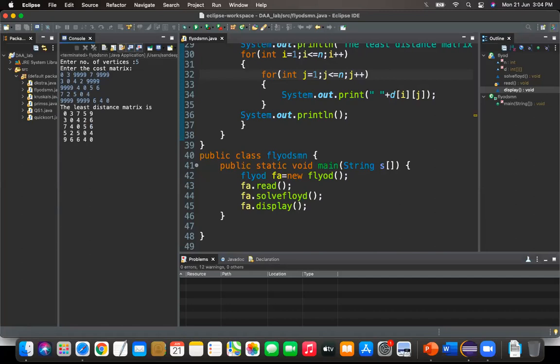Okay, the least distance matrix. It is showing the distance.